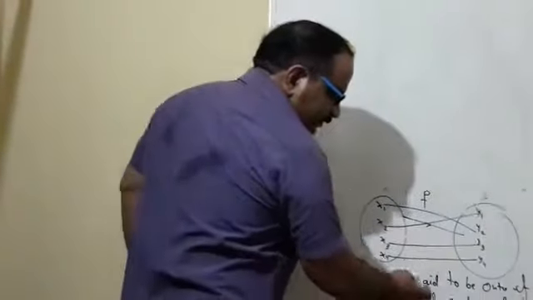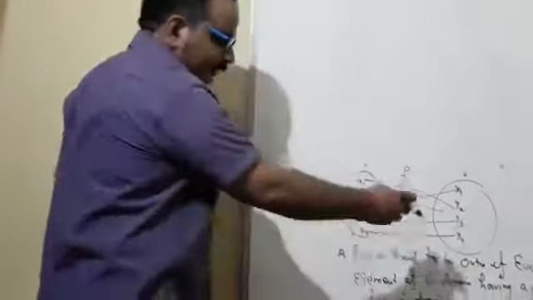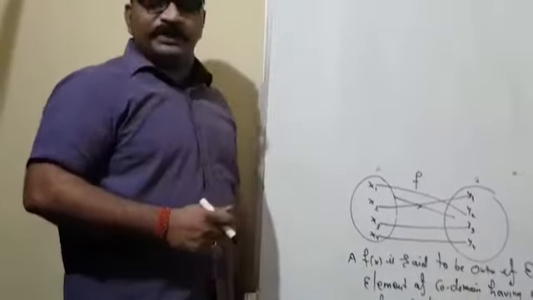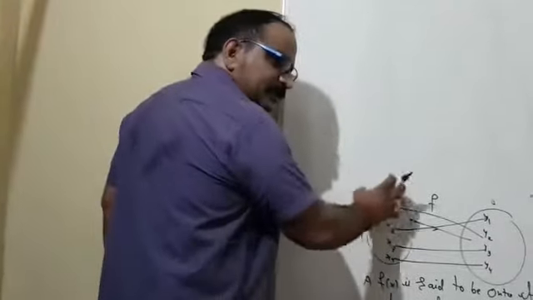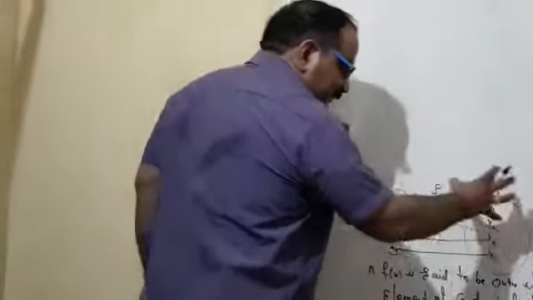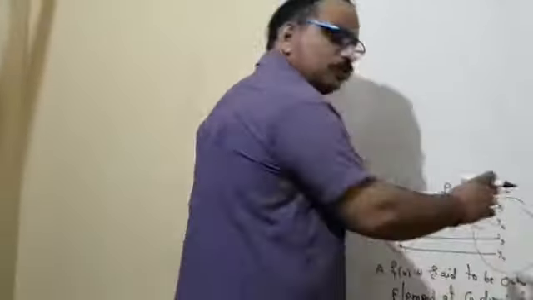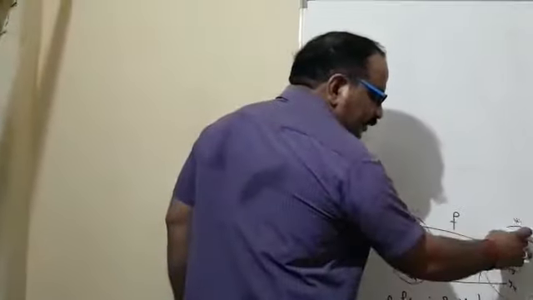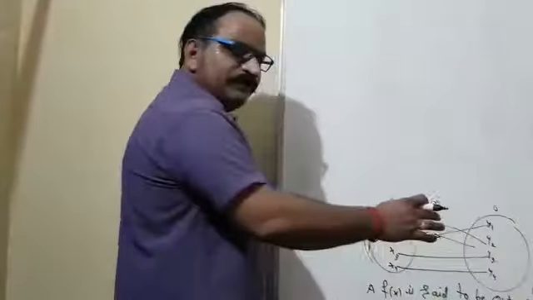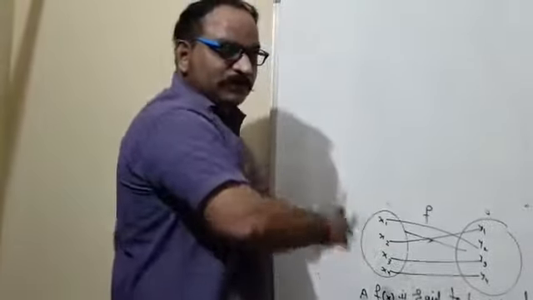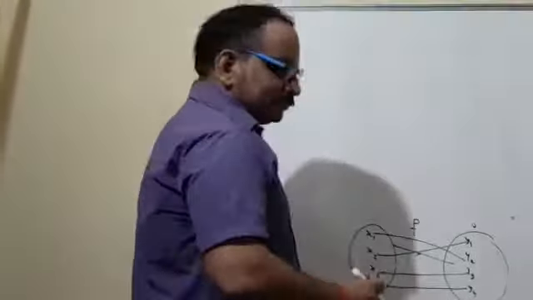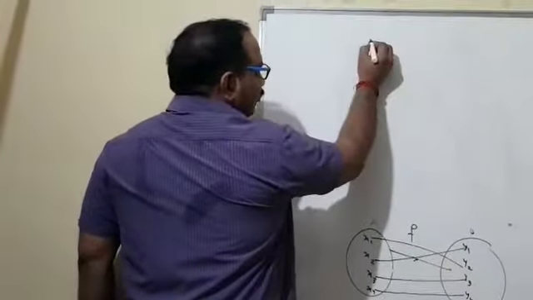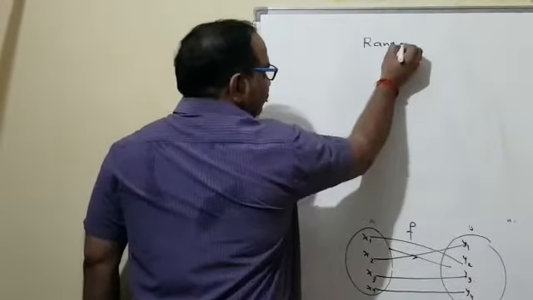So, if a function f(x) is said to be onto if every element of the codomain has a pre-image in the domain area, then what will happen? The first portion is defined as the domain, the second portion as the codomain, and the elements of the second portion which are related to elements of the first domain area will be treated as the range. So in the case of an onto function, we have to calculate the range of the function.